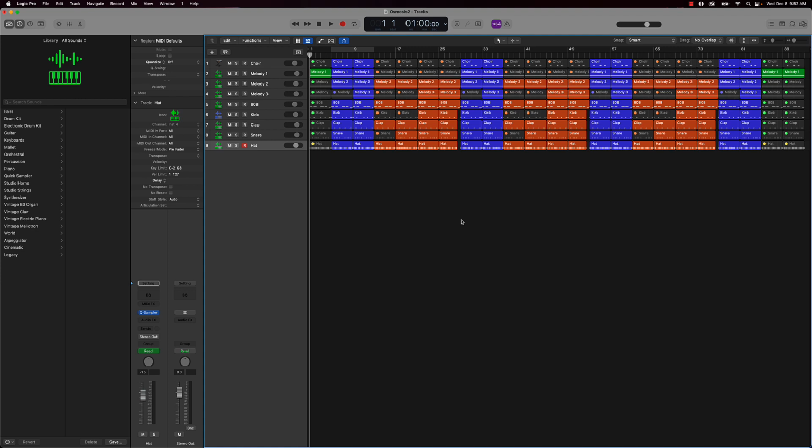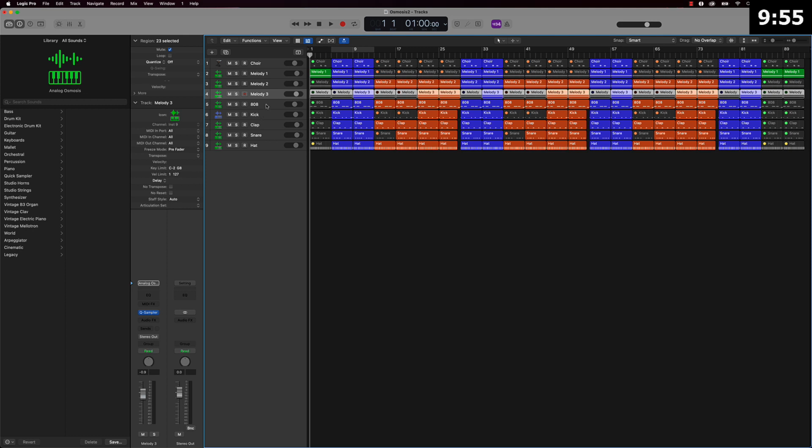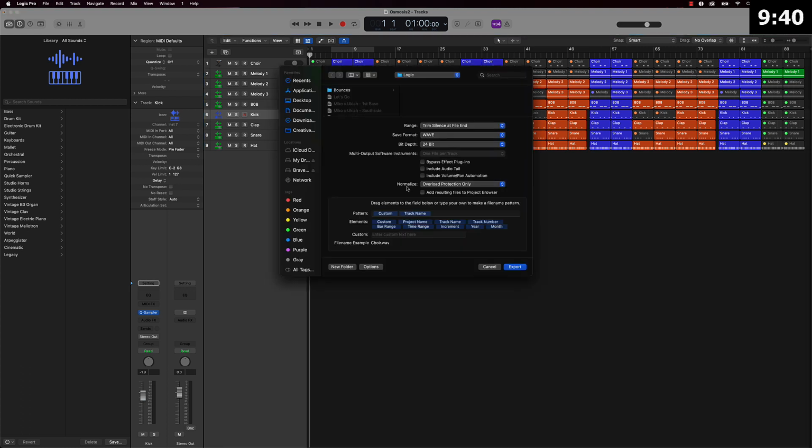So first things first, I would say if you have your beat in MIDI files, go ahead and export this whole session as audio. What that's going to do is help your session not to lag and everything like that. Audio is a lot easier to process than MIDI files. So all you got to do is just go ahead and hold down Shift, Command, and the letter E. And this option is going to come up. Basically what this is going to do is give you the option to